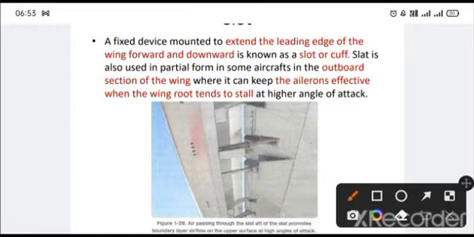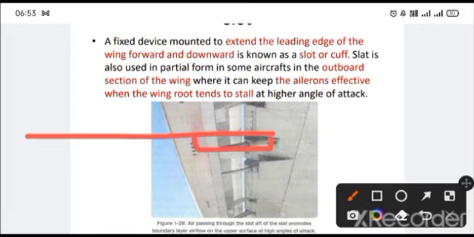The slat is also used in partial form in some aircraft on the outboard section of the wing, where it can keep the ailerons effective when the wing root tends to stall at high angle of attack. Let's say this is the wing, and the slot is attached on the leading edge of the wing at the outboard section. If you imagine it in this way,